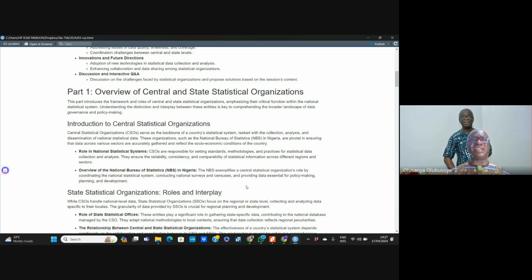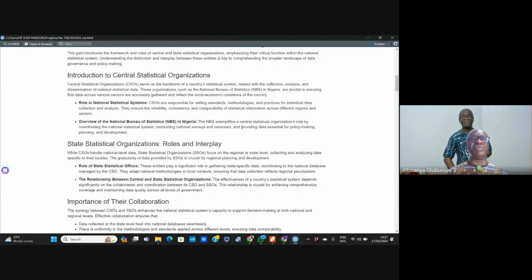The National Bureau of Statistics in Nigeria is an example that exemplifies the Central Statistical Organization. And what role do they play? I asked you the other time to download the Statistics Act. Maybe I even share it with you. The Statistics Act clearly defines or explains the role of